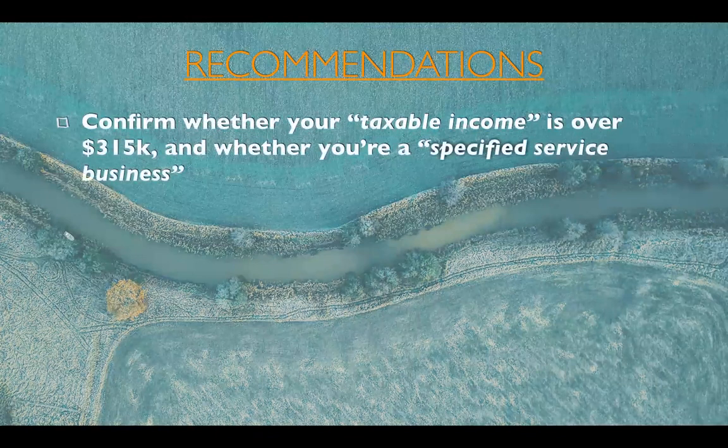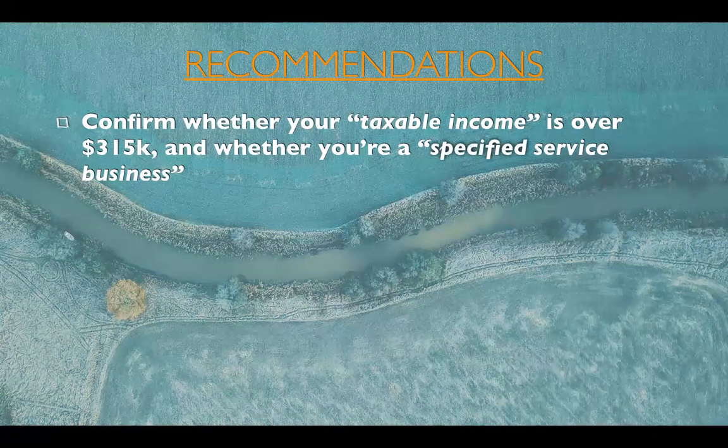The first one is take a look at your tax return and see if your taxable income is over 315K. And you can just look at a copy of your prior year return. If you are under 315K, you can wipe your brow and say, hey, I'm good. I'm going to get the full benefit of that 20% deduction. I'm not going to have to worry about any ifs, ands, or buts. And again, this applies if you're a specified service business too. If you're under 315, it doesn't matter. You get the 20% deduction. It's only when you start to get over 315 and through that phase out period of 315 to 415 that